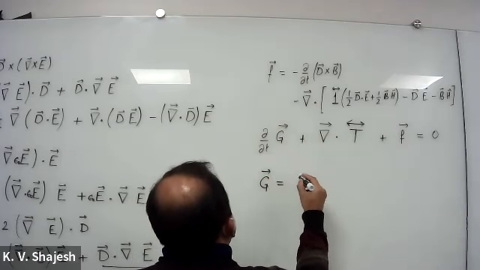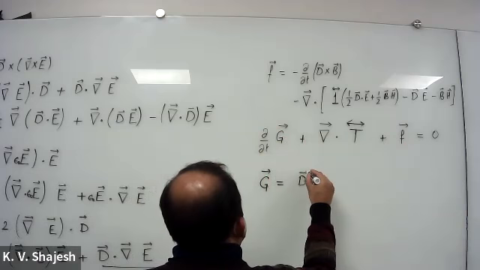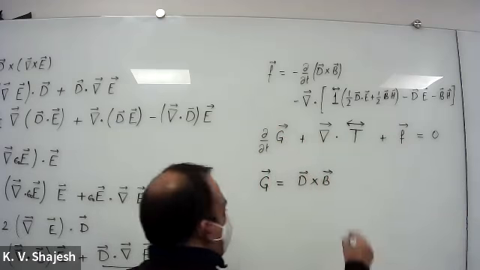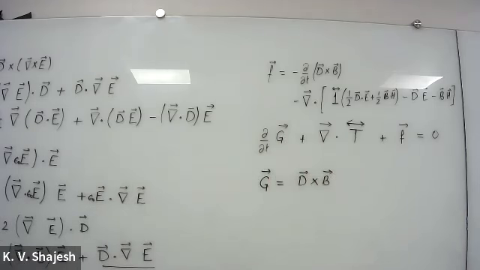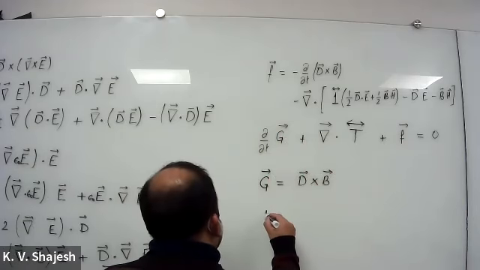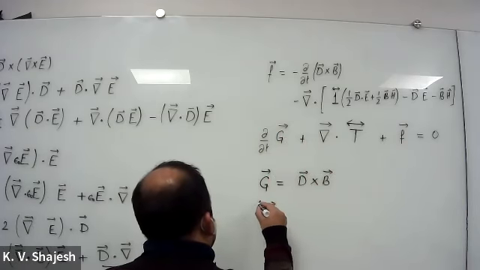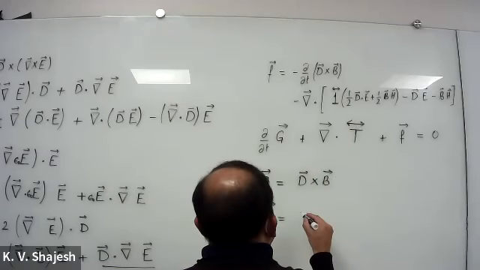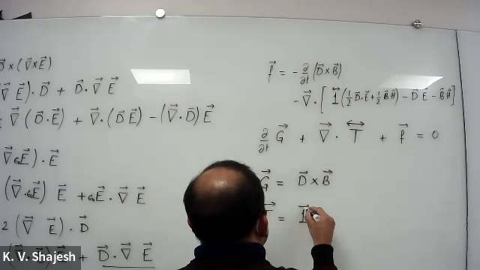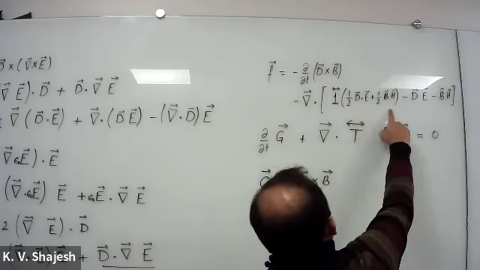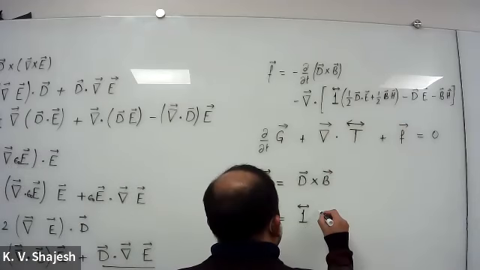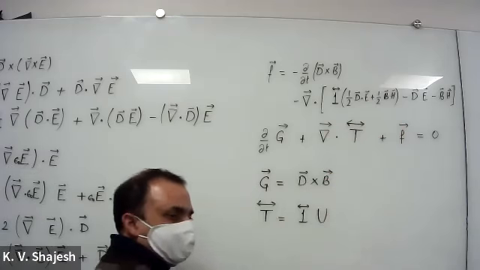G was equal to D crossed with B. And T now is the unit dyadic multiplied by the energy density, that was just U, minus